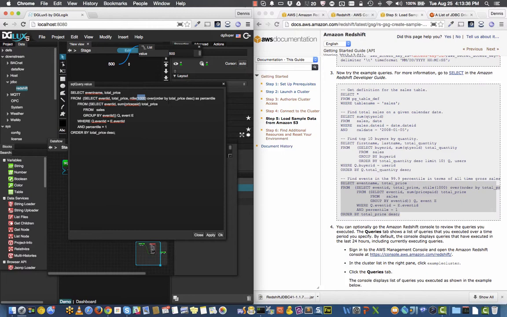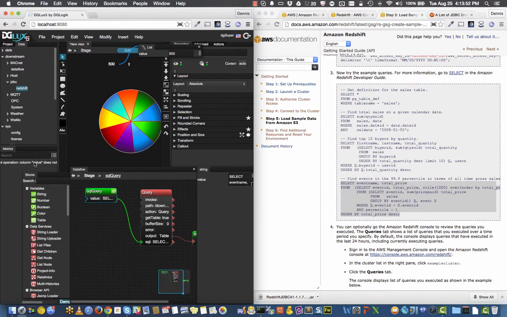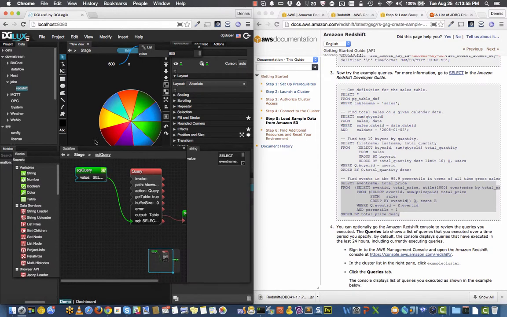The way we would do this is we're literally going to put a little placeholder in there, and then use a replace block to replace that value with a live value from the list input. So let's go ahead and do that, and let's call this, let's say, curly bracket value. We'll apply it. Now, of course, the query didn't work anymore, and Amazon gave us an error because we haven't